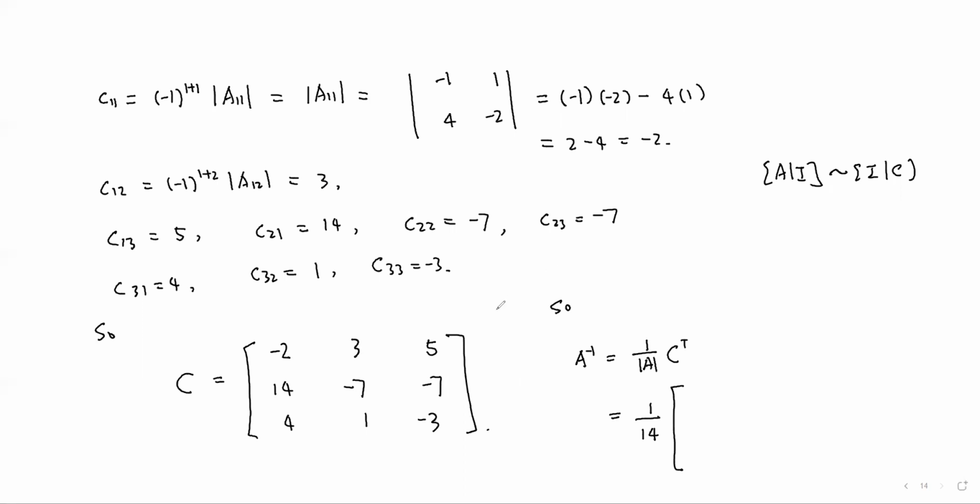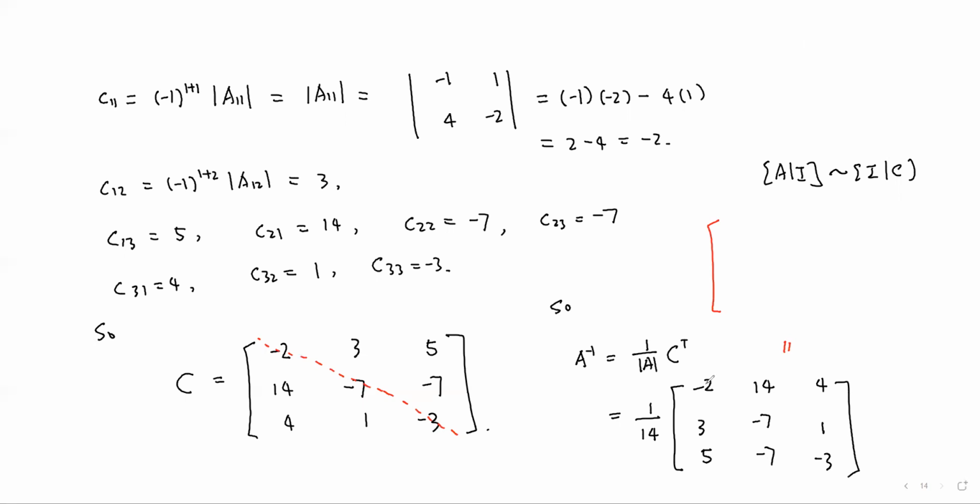Let me draw the main diagonal line. Then rotate the matrix along this line. I get -2, 3, 5. First column, second column, 4, 1. And multiply this number to all the entries. Then I get